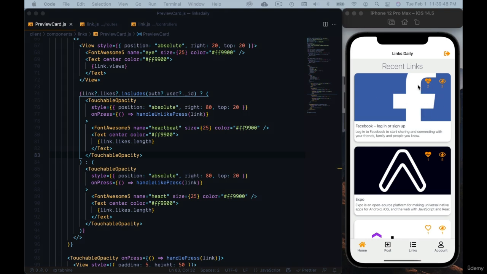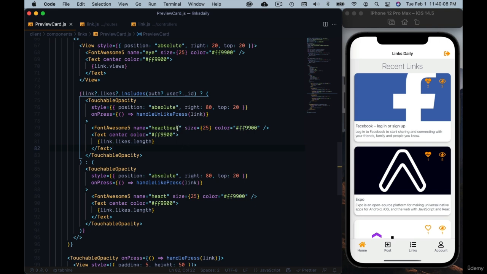Alright, so we've got these two icons. Now we want to have another two to show the created date and the user, and we also want to use flex display flexbox to just spread out nicely. Now before we do that, one more thing I want to show you, and that is you saw how we